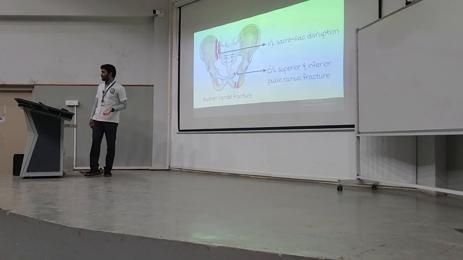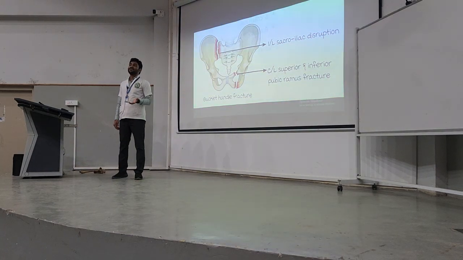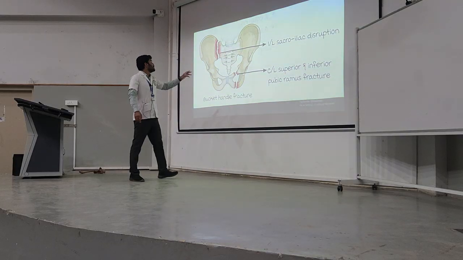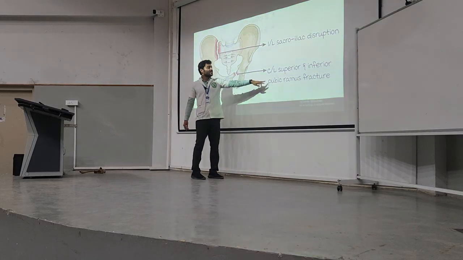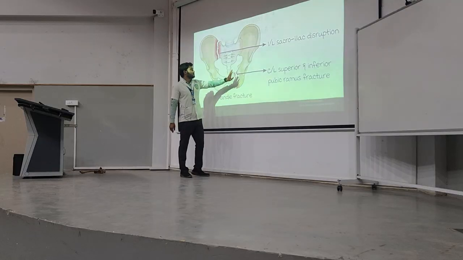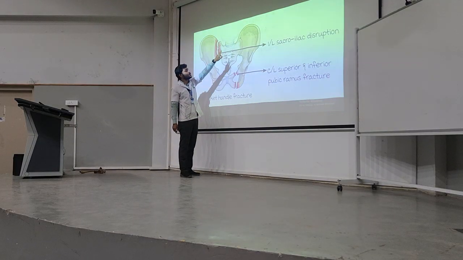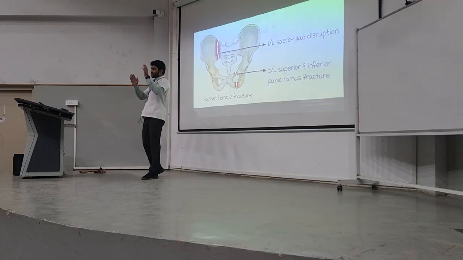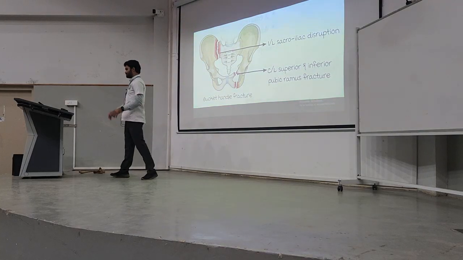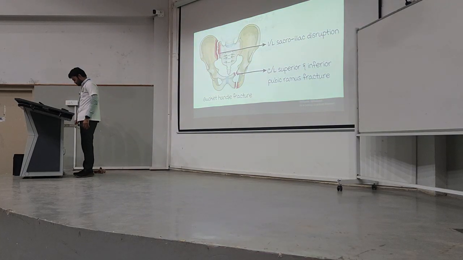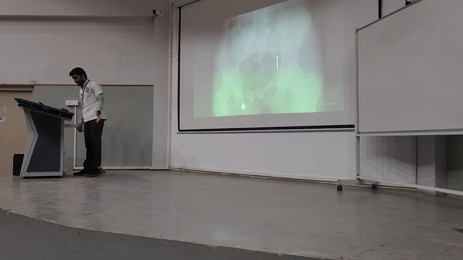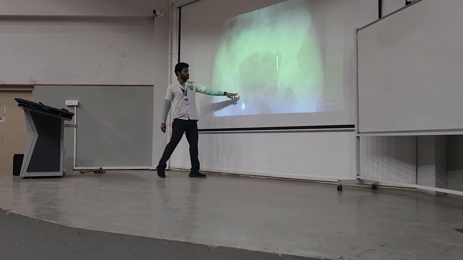Here is the bucket handle fracture, where there will be contralateral sides. So if the superior and inferior pubic rami of this side are fractured, contralaterally sacroiliac disruption will occur. There will also be a vertical displacement. Again, X-ray, where we could see